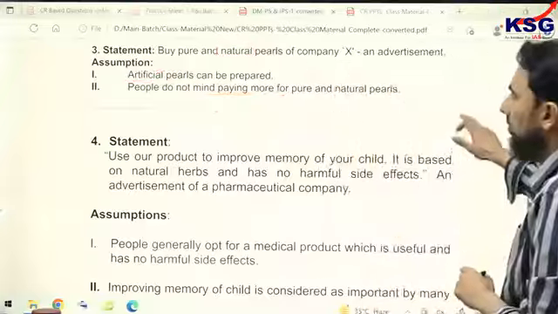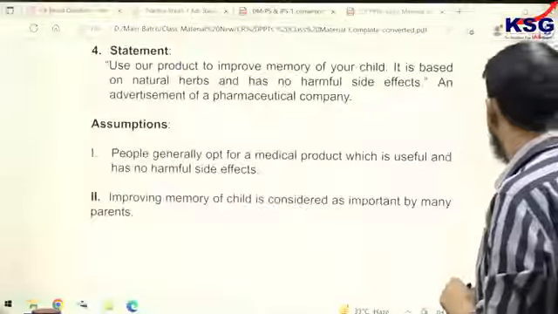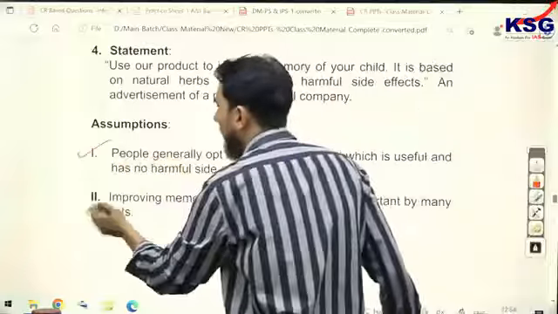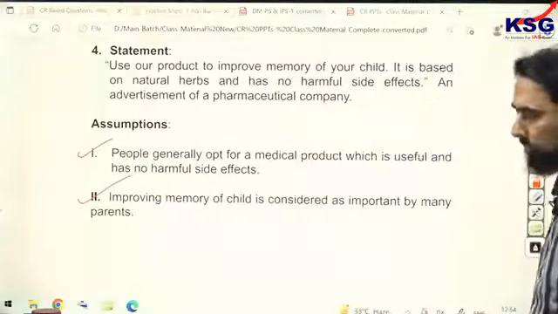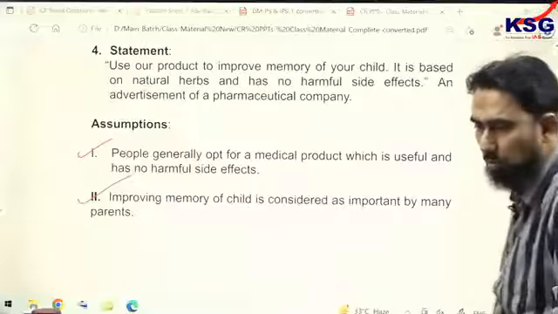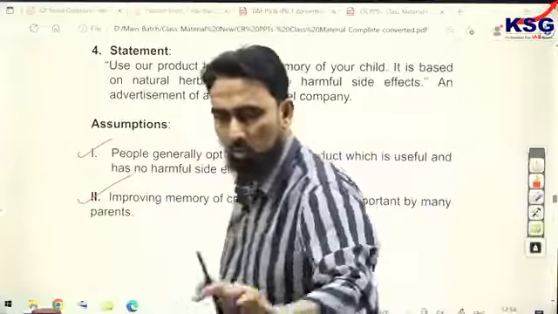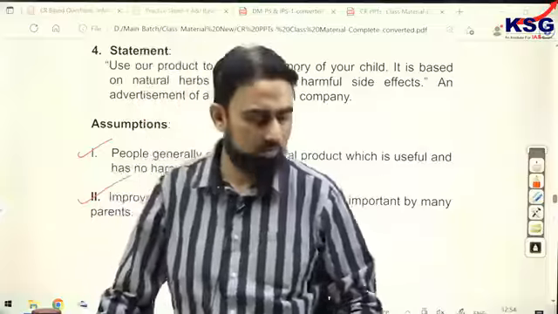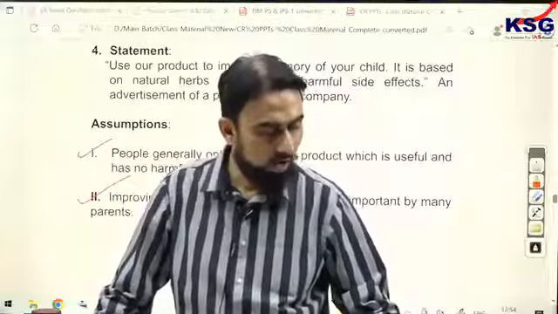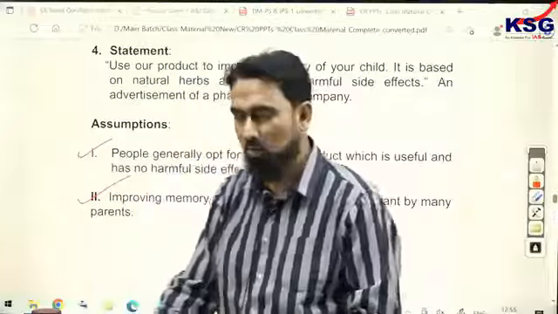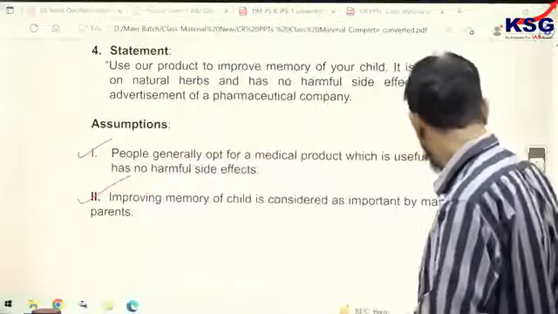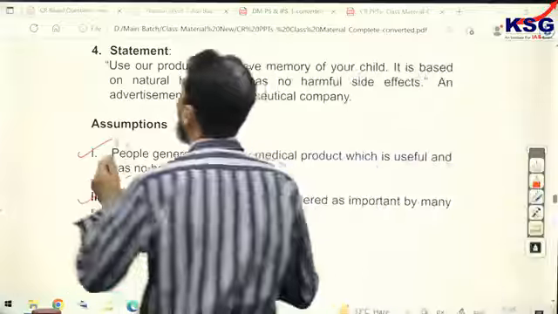Now, statement number 4, both assumptions are valid. Yes, both are valid. So, assumption questions are interesting, however, they are confusable as well. So, I just show you a couple of more questions from the worksheet. This is the